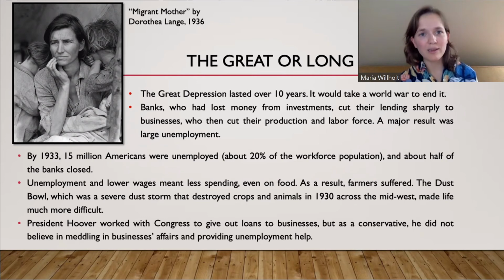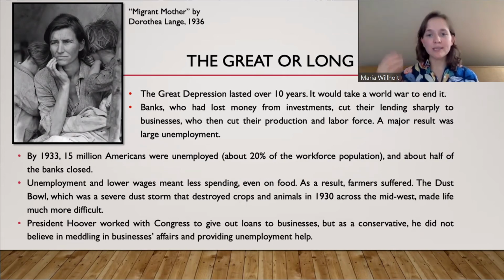And by 1933, half of the banks close. It's devastating because then people lose their money. Banks at this time had people's money, but they didn't have to give back their customers' money. They had no insurance. Now today, if a bank goes under and it has your money, you are guaranteed by the government to have at least, I believe, 150,000 from the bank. And this law comes from the Great Depression when banks closed, and not only did they close, their customers' accounts closed, and they weren't going to give that money back. So people's life savings were lost.